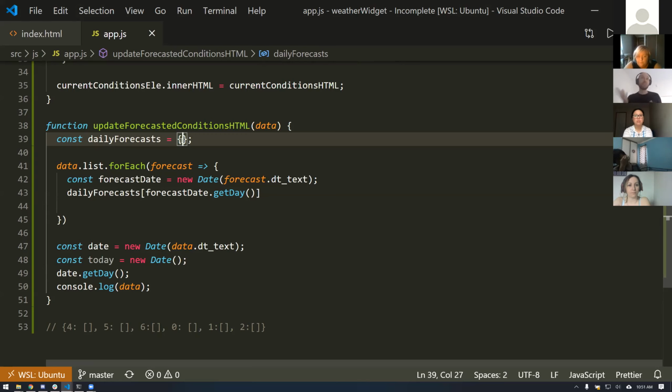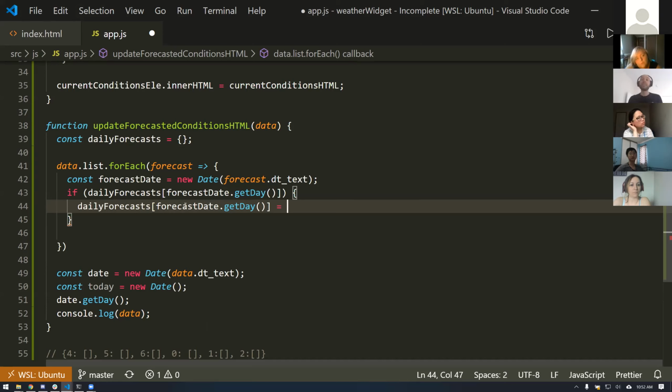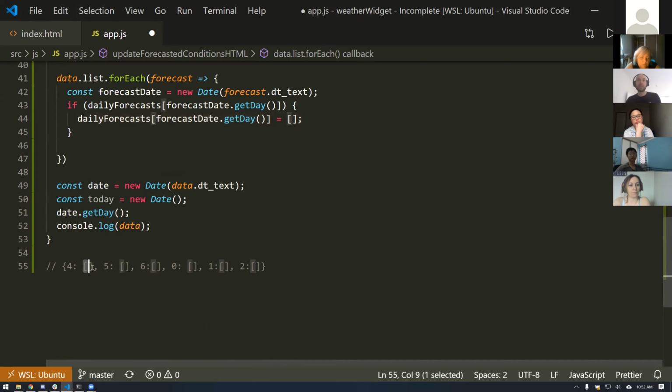Well, we'll create it. And to create it, again, just remember your object stuff, how to manage objects in JavaScript. To create it, all we do is we start using it. We start assigning things to it. As soon as we start assigning things to it, there we go. Well, what do we want to assign to it? It's going to be an array, right? That's what we said it's going to be. It's going to be an array of